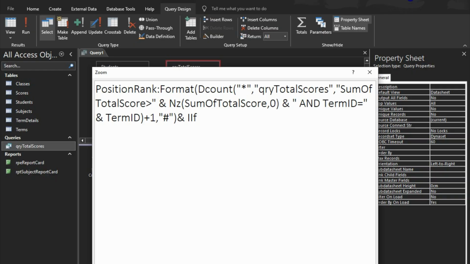It is only in VBA that the I is 1, but in SQL the I is 2. So if rank mod 10 and rank is not equal to 11, then